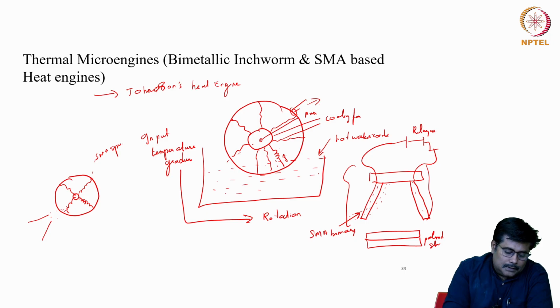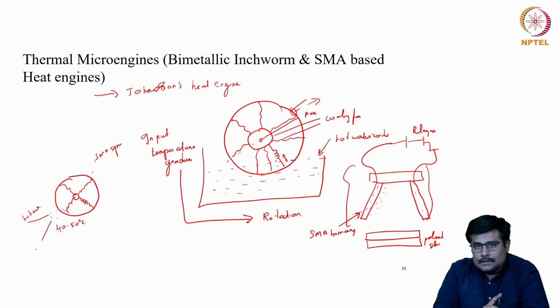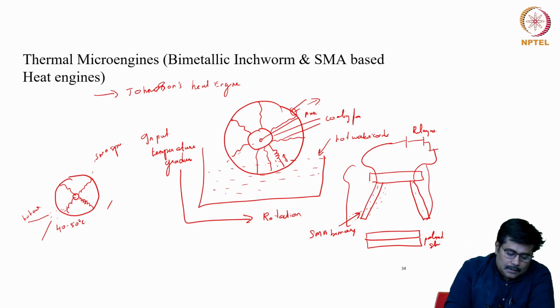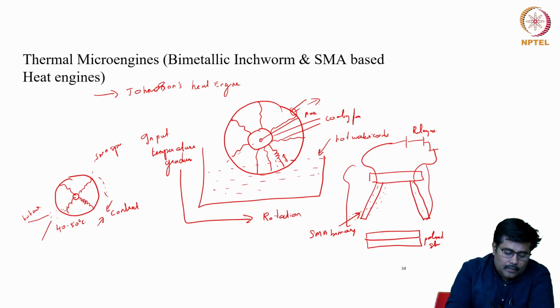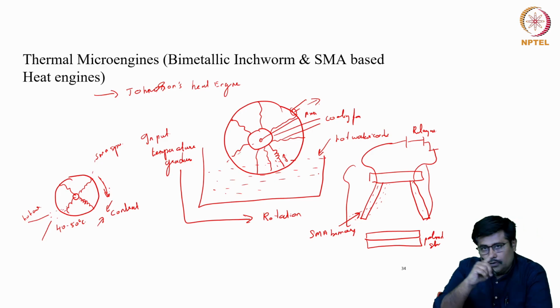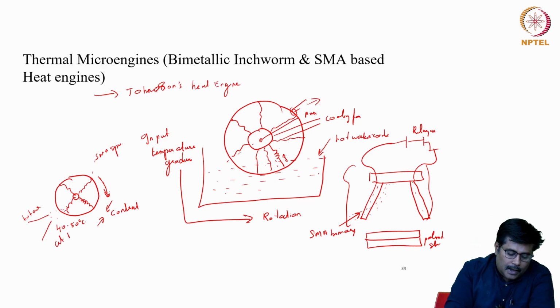When the hot air, with a temperature in the range of 40 to 50 degrees Celsius, strikes this shape memory alloy spring, the spring will contract, which will result in a shift in the center of gravity, which will allow the wheel to move in a particular direction. Similarly, when I cut off the hot air,